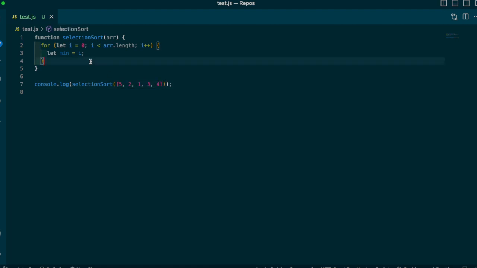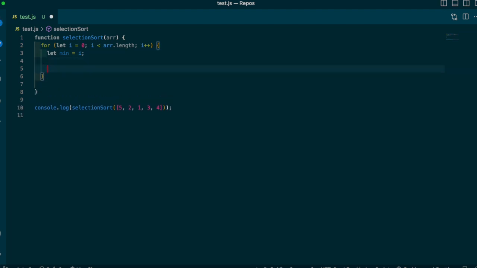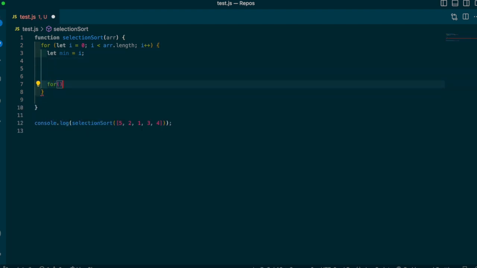So to do that, I'm going to make a nested for loop. I'm going to come in here and say for let j equal i plus 1. Why do I say i plus 1? Because I never want to compare the value of array at index i with itself. I need to start with the next value over at the beginning and then go to the next value and then the next value until I reach the end of the